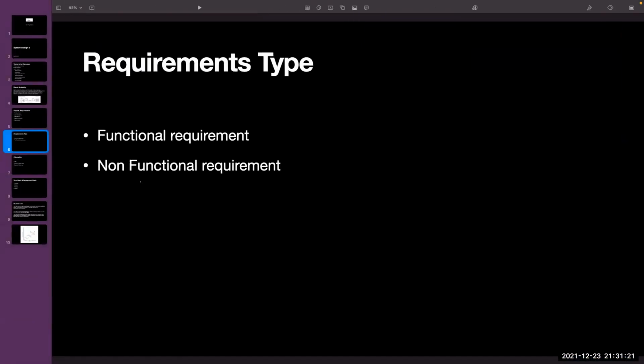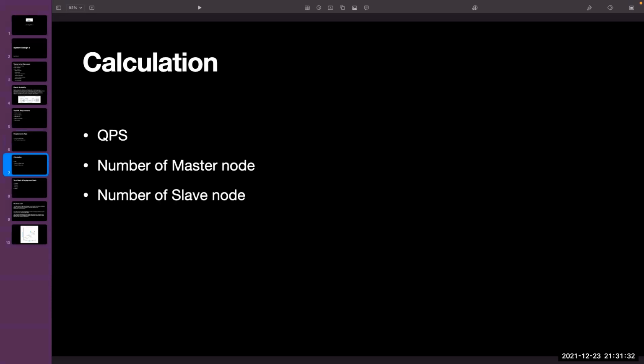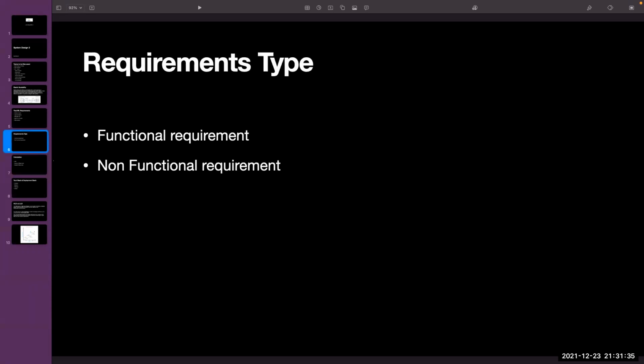Any doubts in these two differences, guys? No, sir. Okay, cool. So this is the first step, the requirement. We first do the requirement, then divide it into functional and non-functional requirements. The development team will first work on the functional requirements, then enhance the performance by working on non-functional requirements. This is how requirements are dealt with.